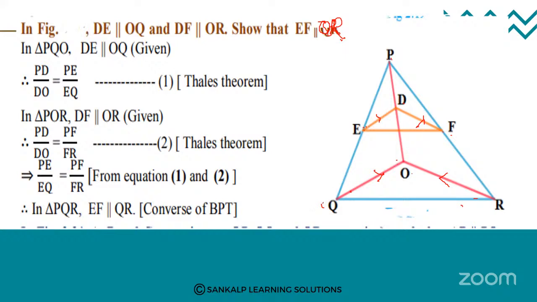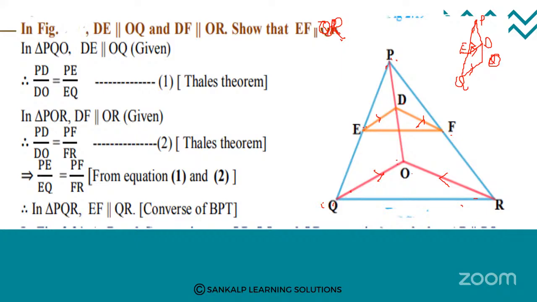Since DE is parallel to OQ is given, consider triangle OPQ. So consider this triangle. Right. So here, sorry, this is O, this is Q, and this is E. This is D. Okay. Now, DE is parallel to OQ. In triangle PQO, DE is parallel to OQ. This is given. So, again, by using BPT,